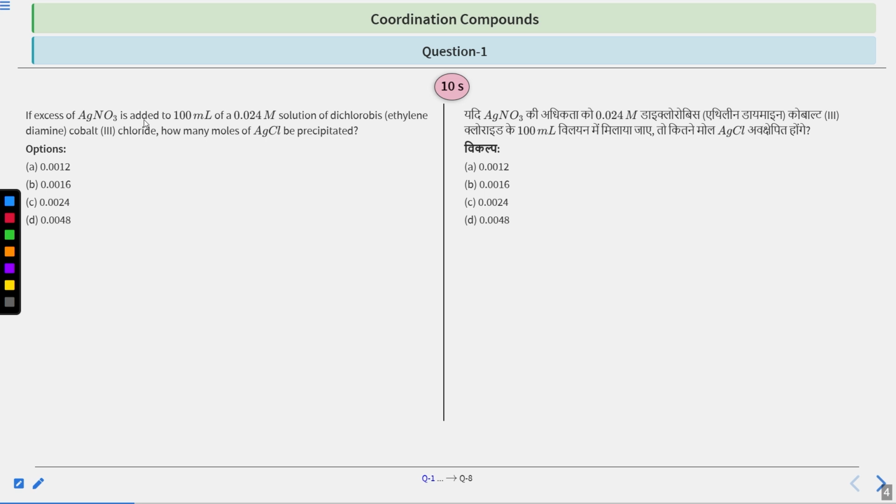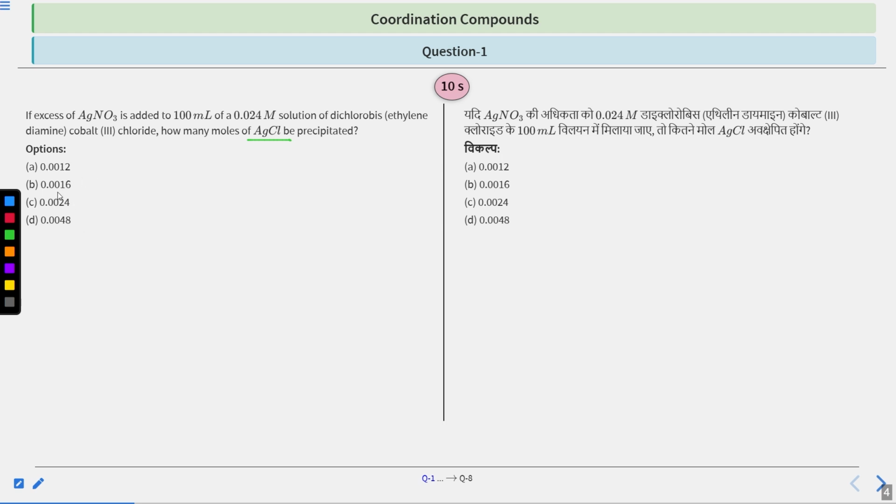If excess of AgNO3 is added to 100 ml of a 0.024 molar solution of dichlorobis(ethylenediamine)cobalt(III) chloride, how many moles of AgCl will be precipitated? We are given that an excess amount of AgNO3 is added to a solution of dichlorobis cobalt(III) chloride, which has a molarity of 0.024, and the solution is 100 milliliters. We have to find how many moles of AgCl will be precipitated at the end of the reaction. Options are